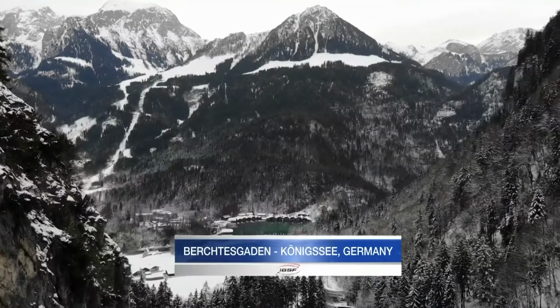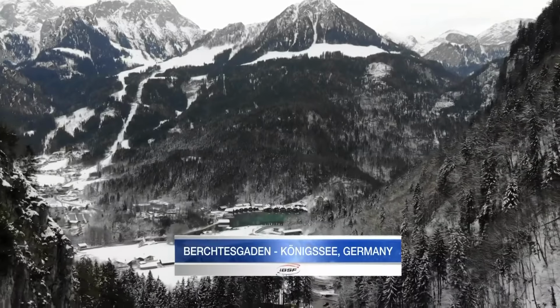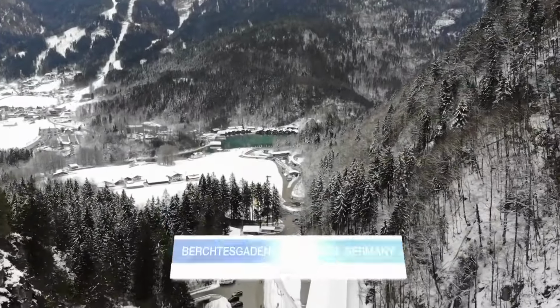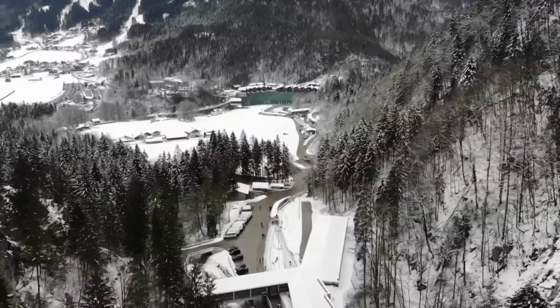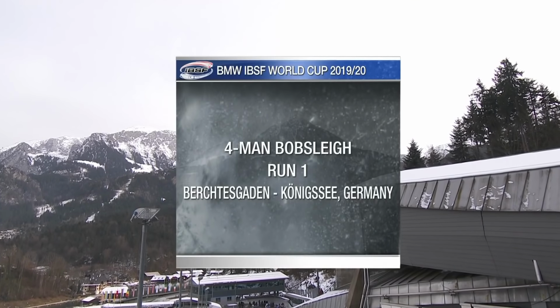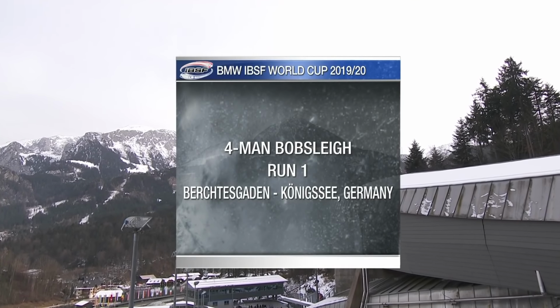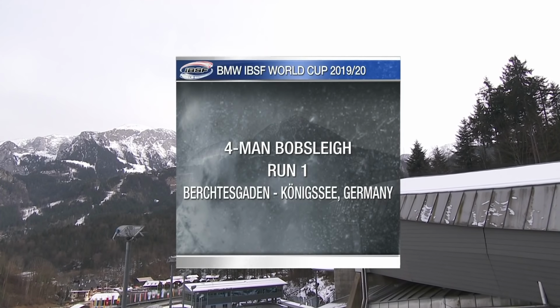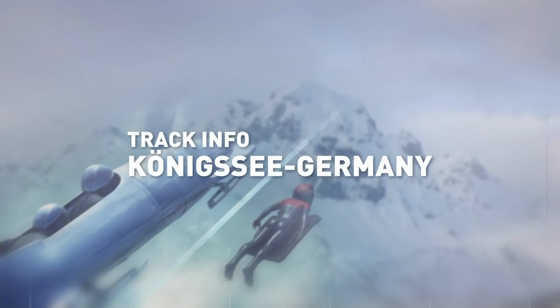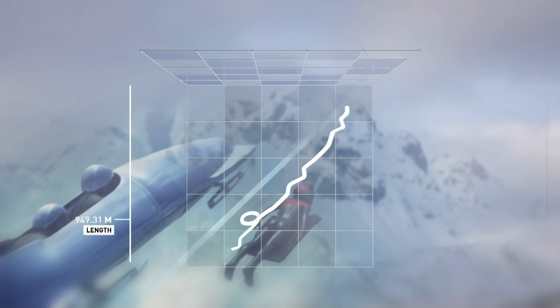Königssee in Bavaria, the final day of action this weekend in Berchtesgaden, and it is the four-man bobsleigh, race 7 of 8 in the BMW IBSF World Cup for four-man, the penultimate race of the regular season. Hello everybody, welcome back to Königssee for our coverage of this race weekend. I'm Martin Haven, alongside me again from Belgium, Anne van Nieuwenhuis, and this Königssee track is tough enough to get